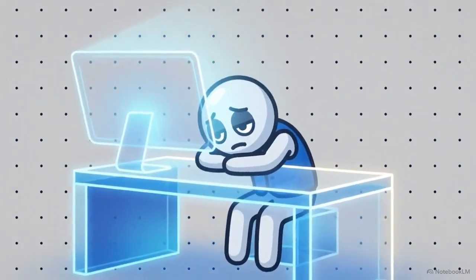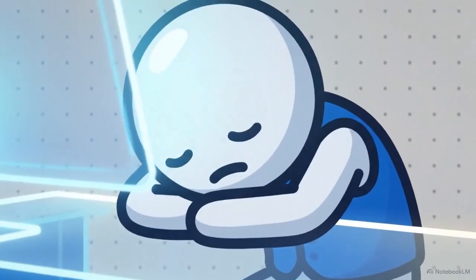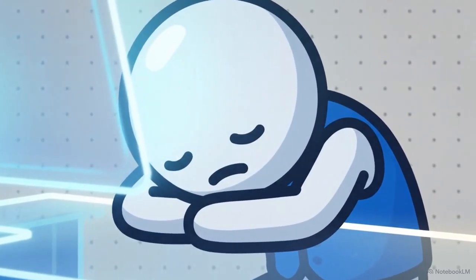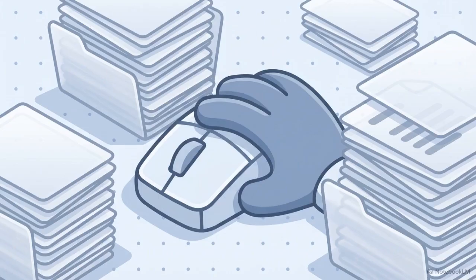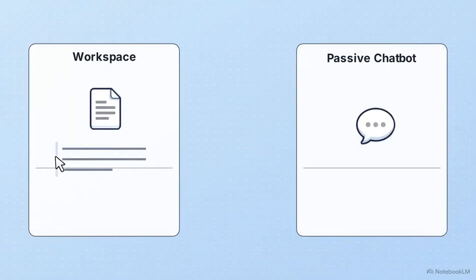Every week, knowledge workers lose dozens of hours to digital toil. We sit in customer service chat queues, manually migrate numbers into weekly reports, and meticulously drag emails into specific folders. Historically, using artificial intelligence to help with this meant leaving the actual work behind. You had to open a separate window and type instructions into a passive chatbot, then copy and paste the results